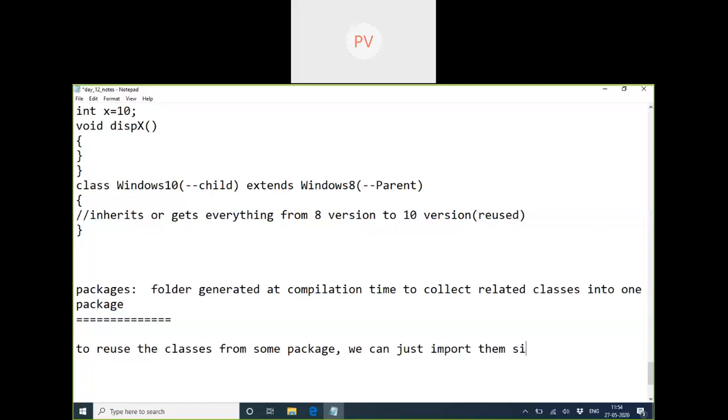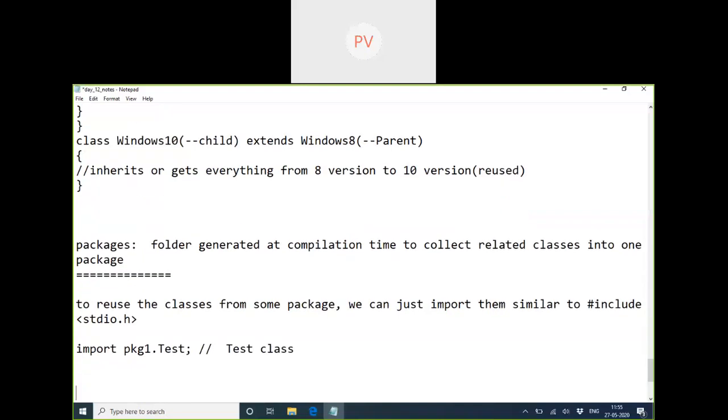Similar to the C program, how we do #include, and we see the libraries there, stdio, something like that. There also we are calling the libraries. Here also we can do import. So whatever packages are there, if it's package 1, and in that package 1 there is some class called test, I can import. So even if the class is found in some other location, I'm able to pull it. I'm able to call it by the folder name, so that package name and the test class.